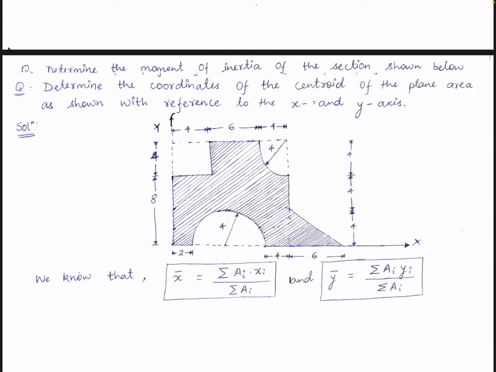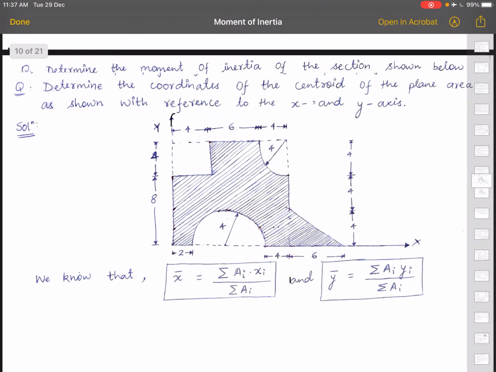So today we are going to solve some problems to get more clarity about the centroid and moment of inertia. So in the first problem, let us solve this problem. It is a composite area in which some portion has been removed as per our requirement. In the question we have to determine the x bar and y bar, that is the x coordinate and y coordinate of this figure, this plane area.